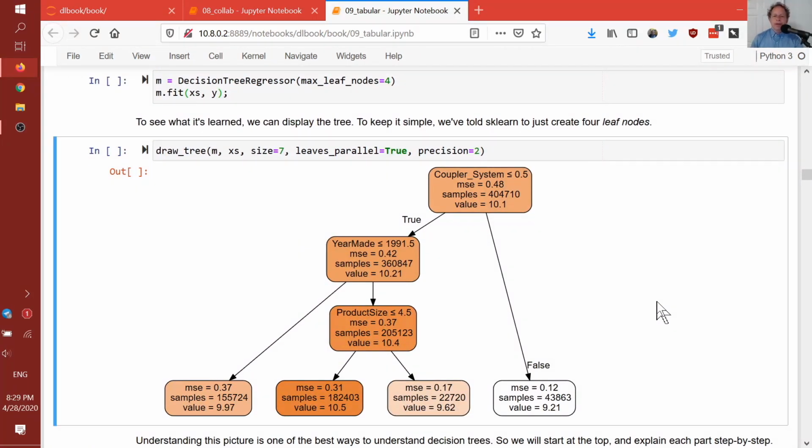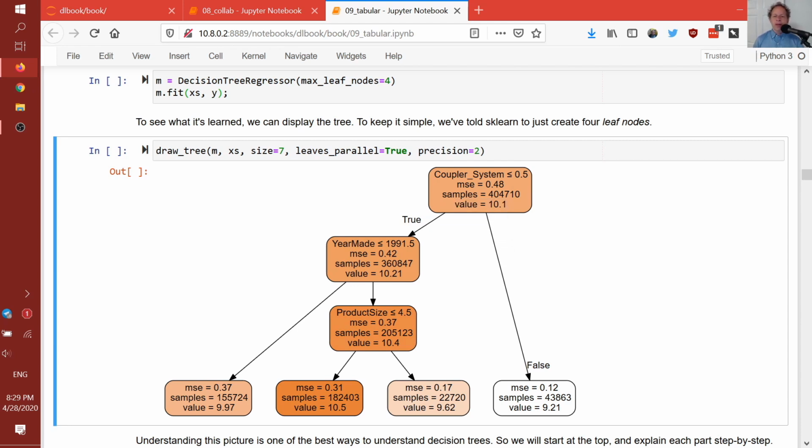So we're going to use one that already exists, and the best way to understand what it's done is to look at this diagram from top to bottom. The first step is the initial model it created: a model with no binary splits at all. Specifically, it's always going to predict the value 10.1 for every single row. Why is that? Because this is the simplest possible model: take the average of the dependent variable and always predict that. This should pretty much be your basic baseline for